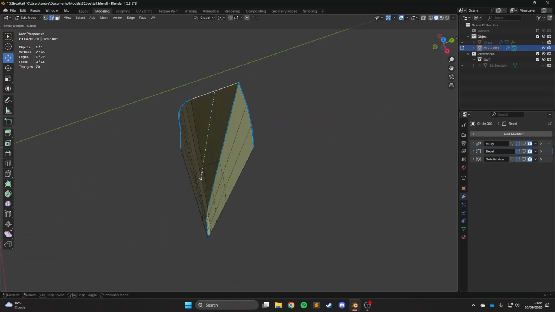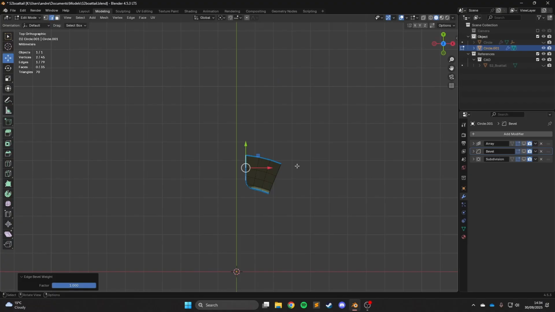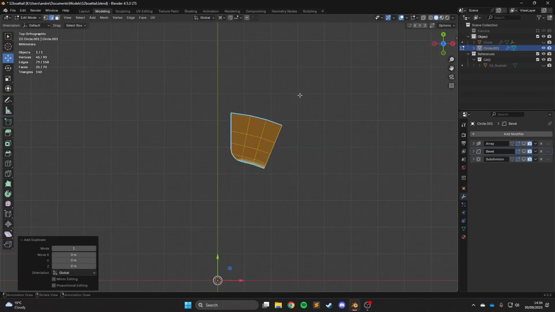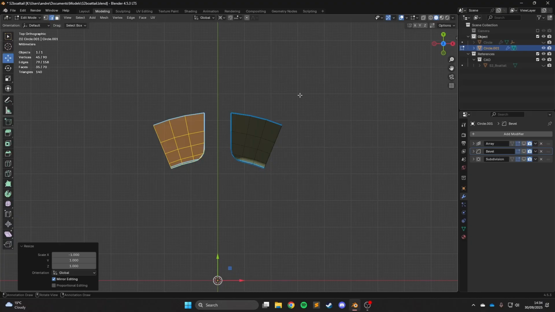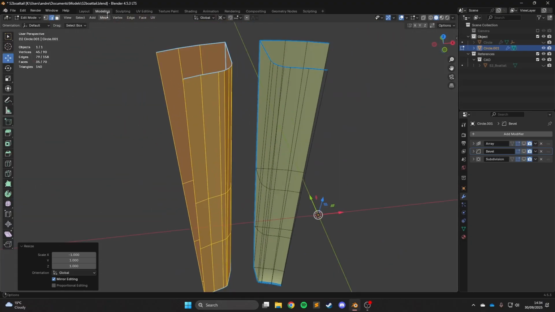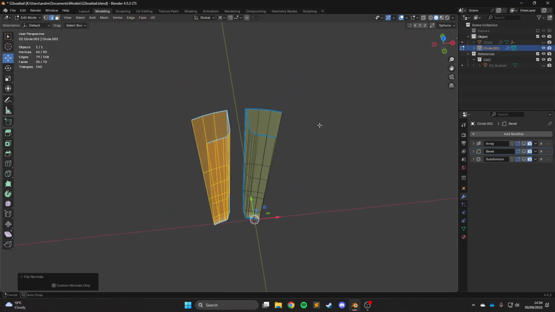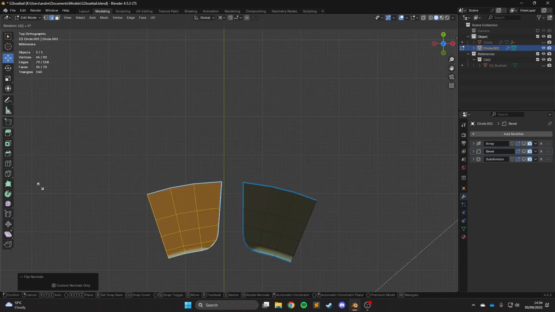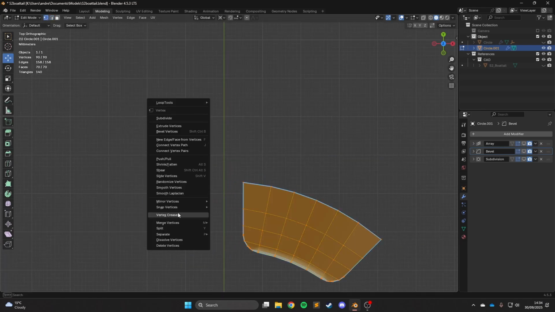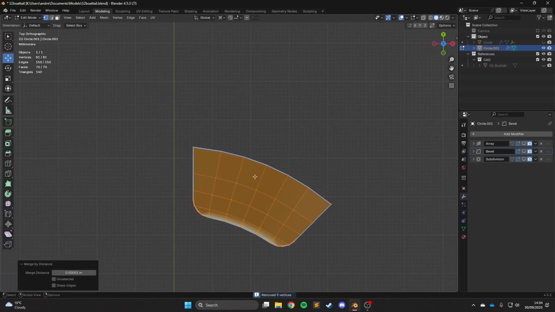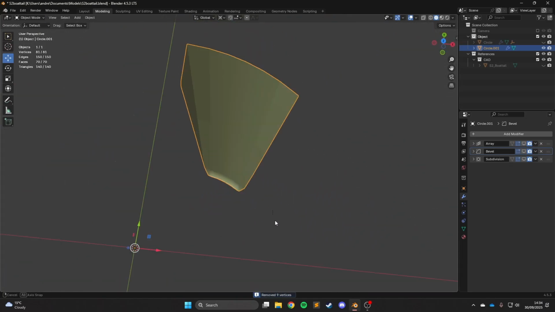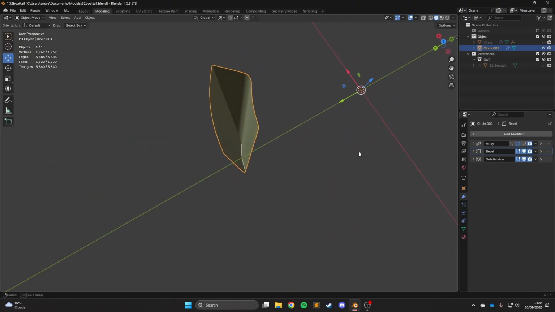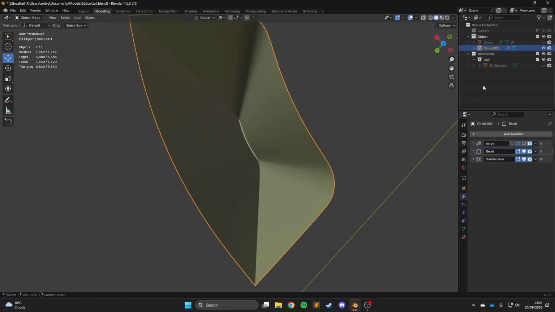So, now we've kind of cleaned up all this, we are going to mirror it around the 3D cursor, so S X -1, and when you scale -1, the normals flip, so you enable mesh, normals flip, and then make sure we're around the 3D cursor, we're just going to rotate this by 45 degrees, select everything, merge by distance, and we have cleaned up all the vertices, and then we can shade smooth,